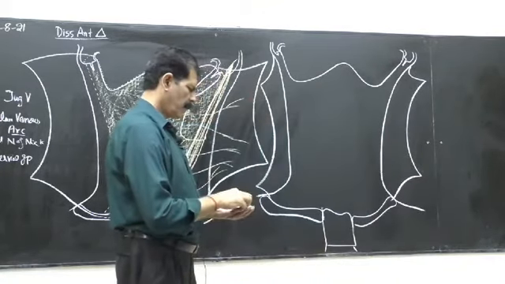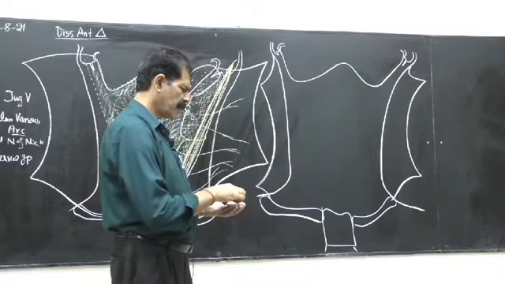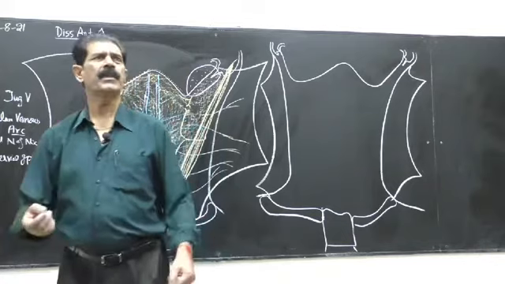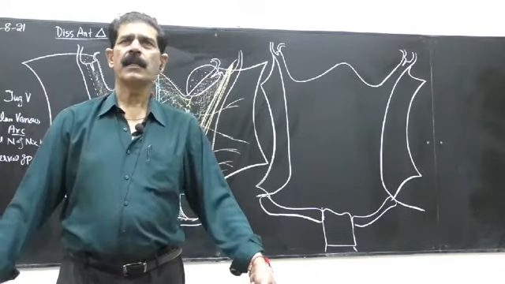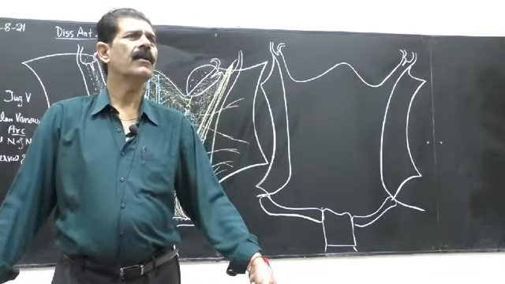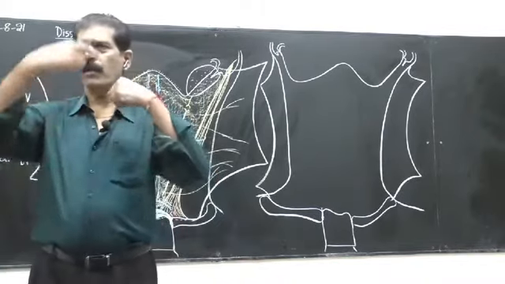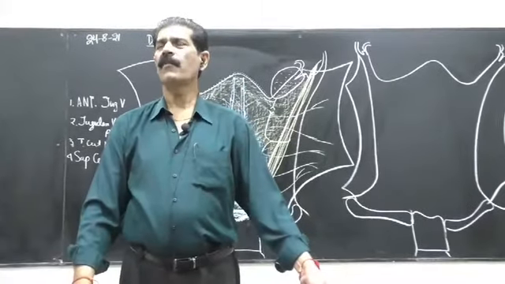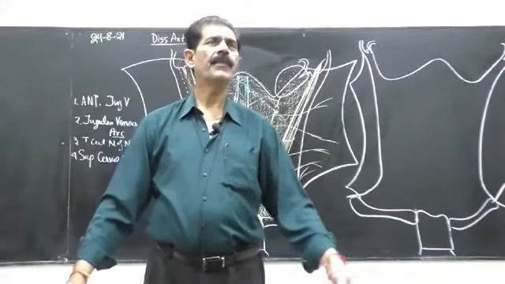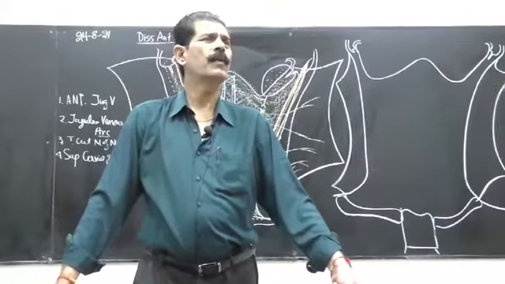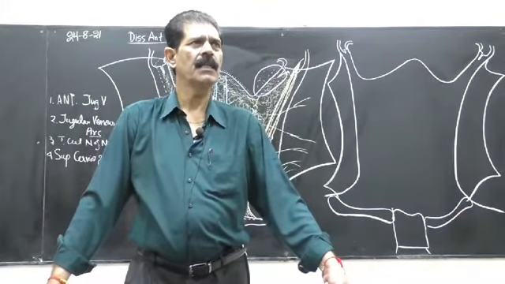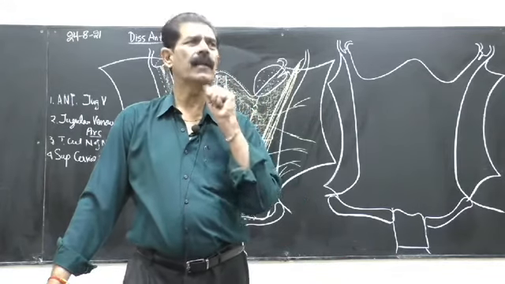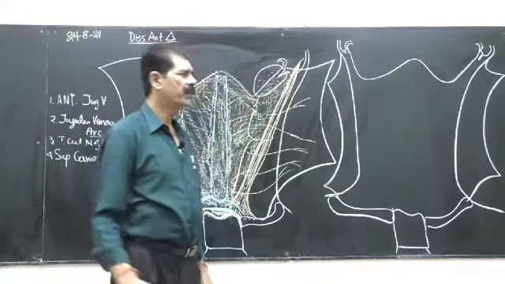So here what we see below the superficial fascia, what we expect, there is a deep fascia. This deep fascia is called the deep cervical fascia. The other name is the investing layer of the deep fascia, because it invests or goes around the neck, plus it invests, envelops or surrounds two muscles, sternocleidomastoid and trapezius, and two glands. One is the parotid, the other is the submandibular gland. So it is called the investing layer of the deep fascia.